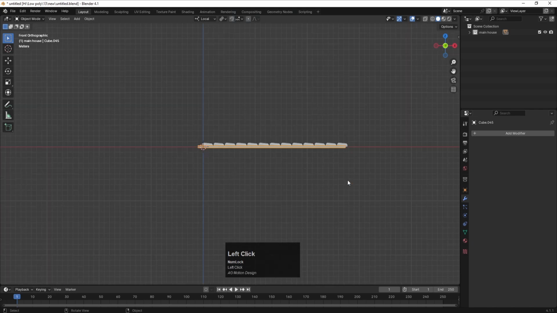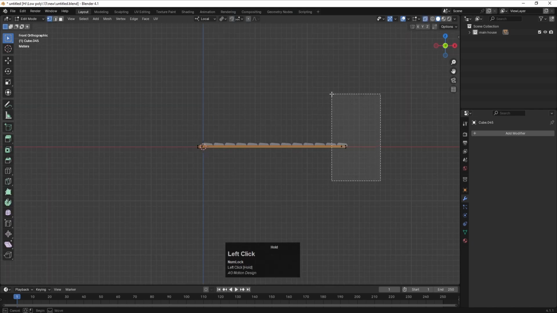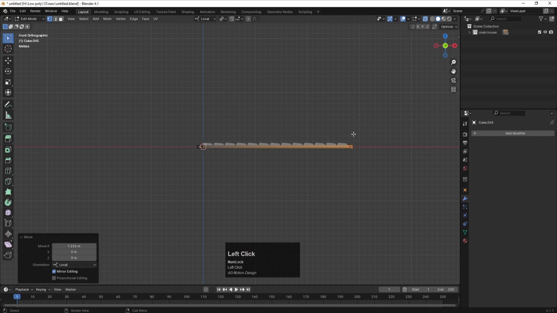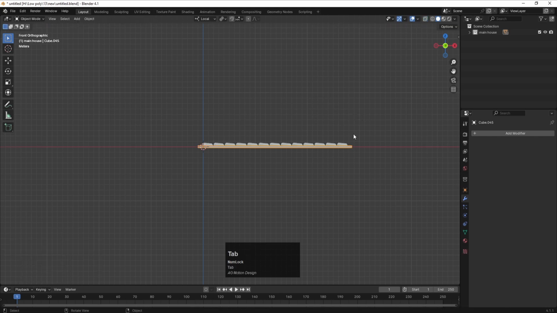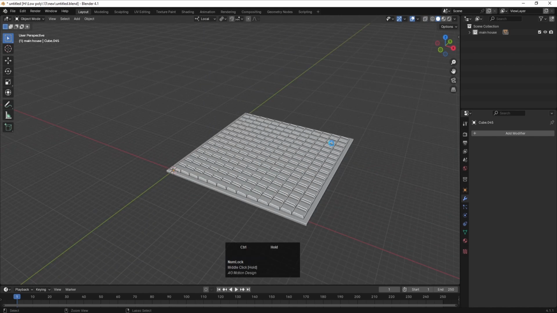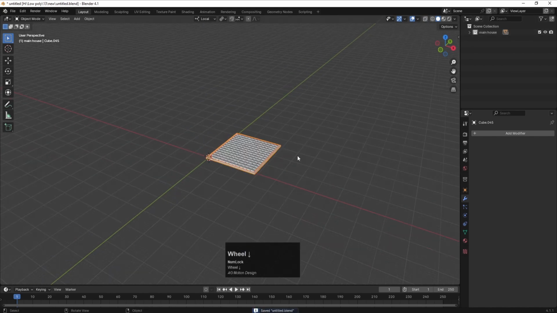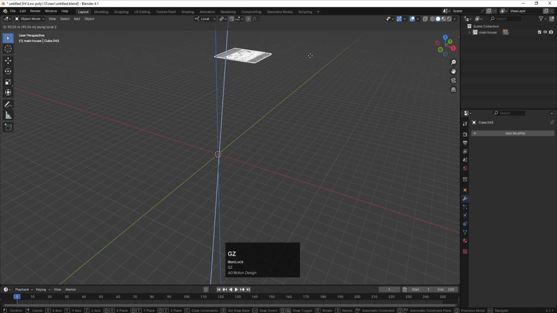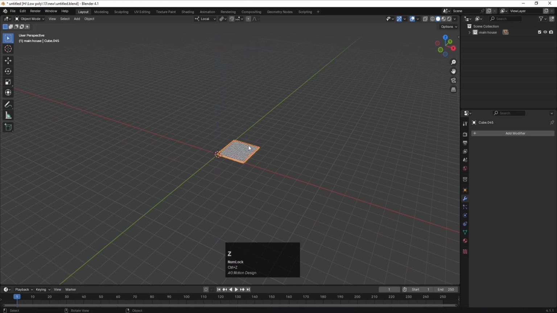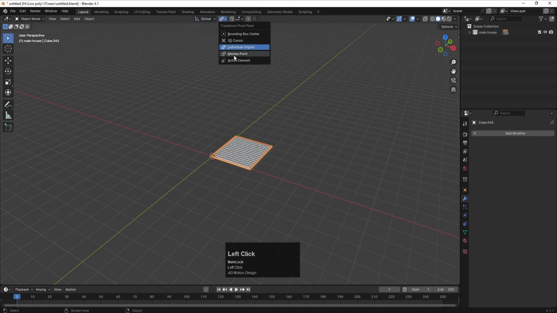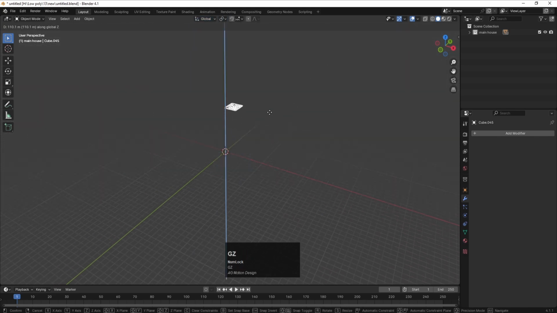Select this portion, Alt Z, tab 1. Let's select this, G X, and try to bring this over here like this, tab. Okay, so this is our roof. Let's select this, G Z, and try to bring this upward, but select both of them and let's make this global again. Okay, and median points and G Z, and try to bring this upward, and hold Alt H to